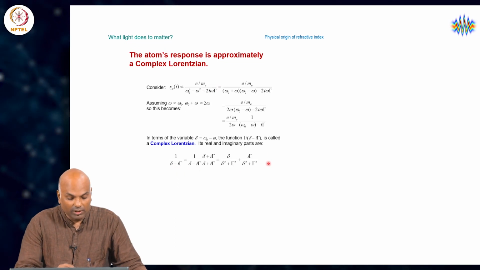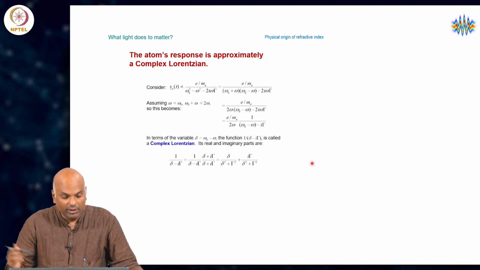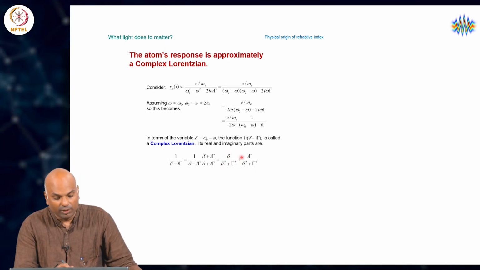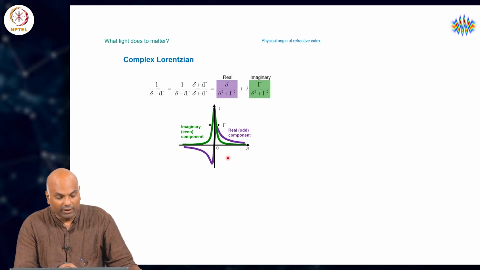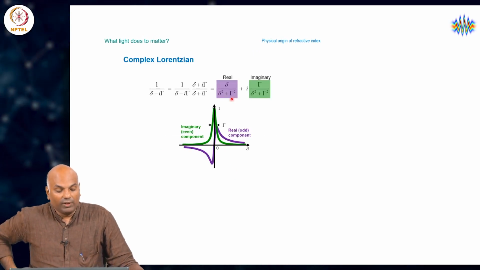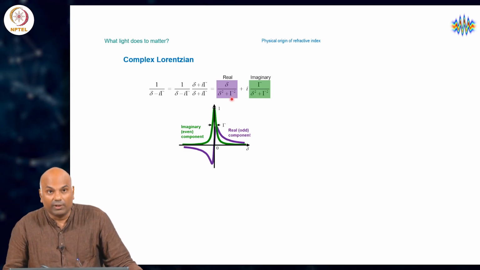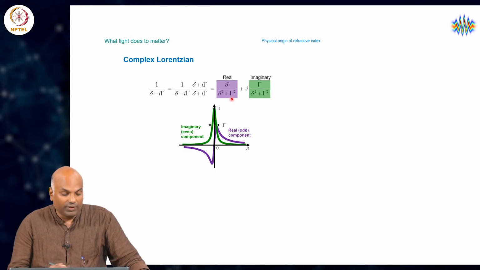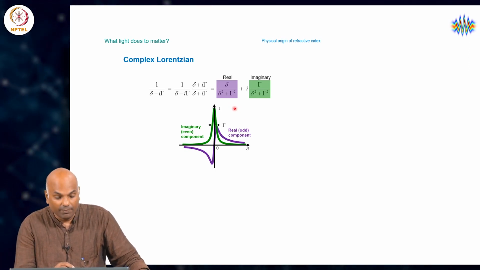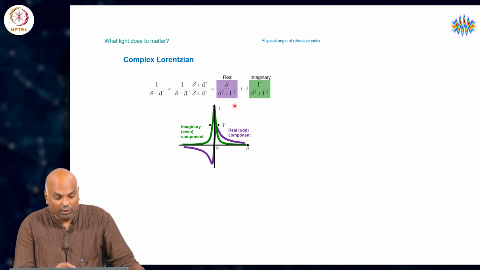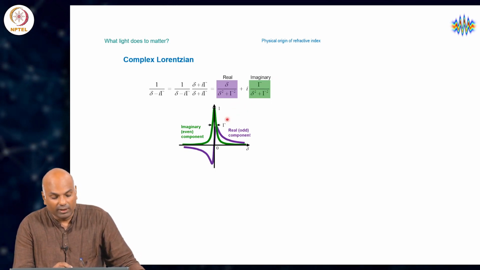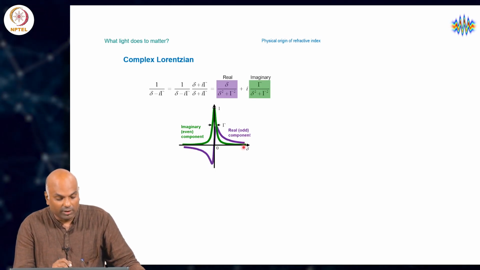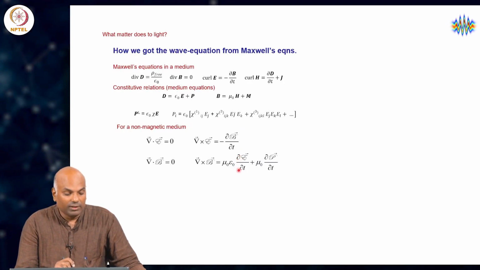We wrote this down in terms of the complex Lorentzian function, and then took the real and imaginary parts of the complex Lorentzian separately out, and we figured then that the real part is an odd function of delta, delta being the detuning between the applied frequency, that is that of the driving electromagnetic field, and the natural frequency of the system, which is omega naught, the atomic system. So, the imaginary part is an even function. We see the imaginary part in green, the real component is shown in violet,